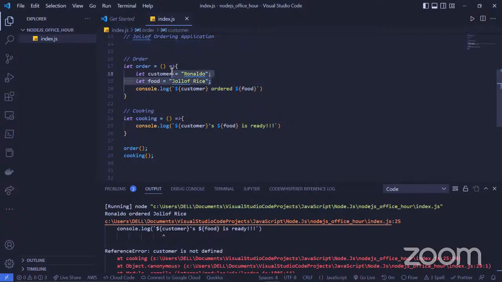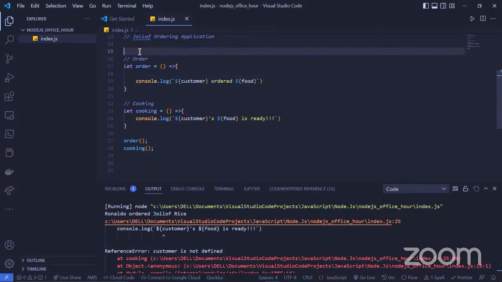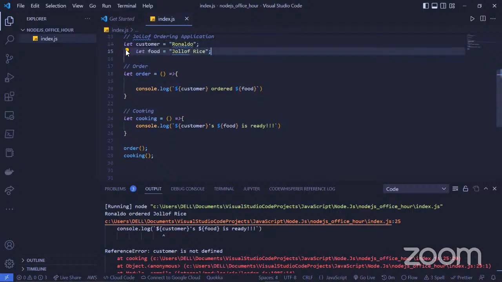But if we take it to be in the general scope, like by putting it here as we did earlier, you will see that the code would run.